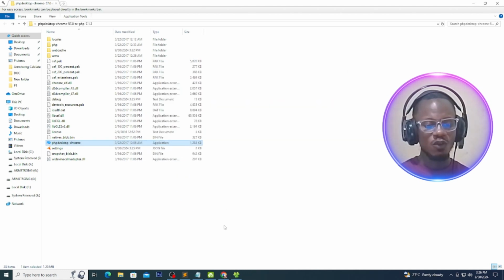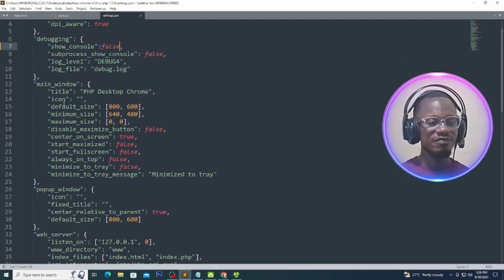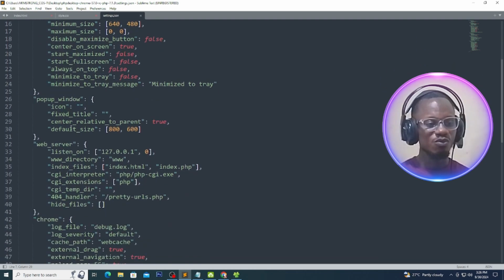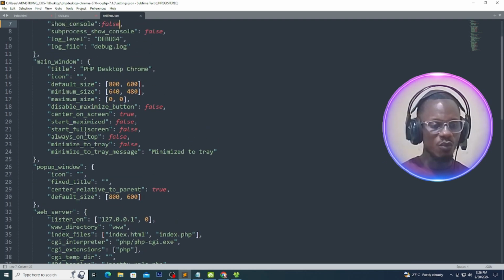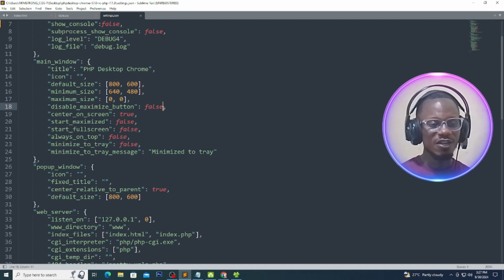I'll close that, go back to my settings.json, and scroll down here where I have the main window. When you come to the main window, you can see where we have the maximize button, and it is false. So you can choose to turn it to true, which means the maximize button is not going to work. Let's look at that. So when I backspace here, as the maximize button is false, I'll turn it to true,